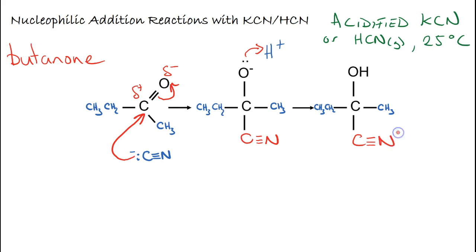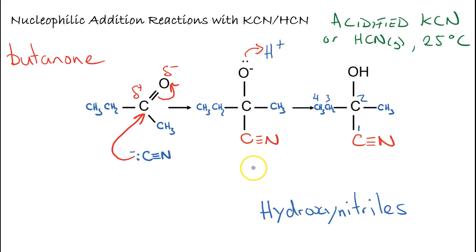In this product we've got an OH group and a nitrile group, and so these we call hydroxynitriles. So to name this particular hydroxynitrile, we start numbering from the carbon at this end. 1, 2, 3, 4. This molecule is therefore